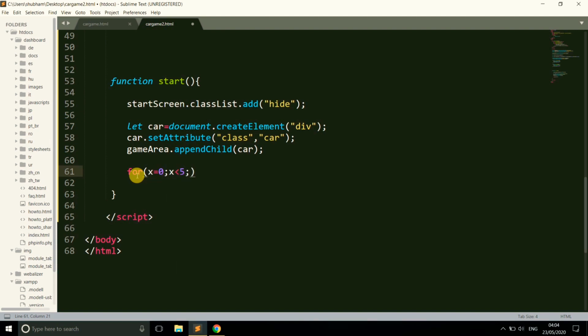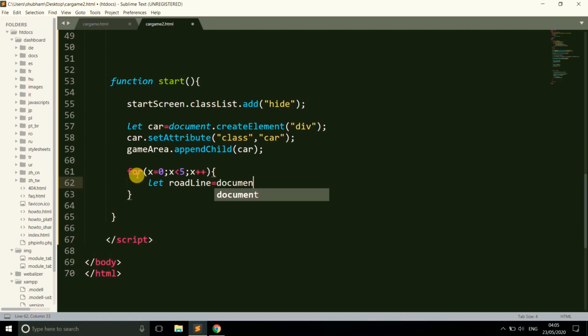But before going there we need to make the lines which come on the road. So how to make these lines? Just write for x equal to 0, x less than 5, and let's make an object which is roadLine.